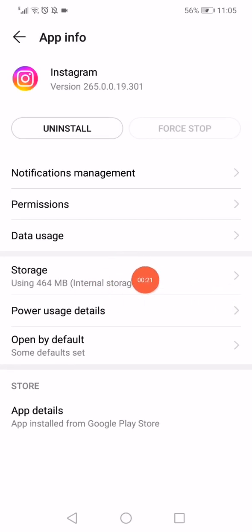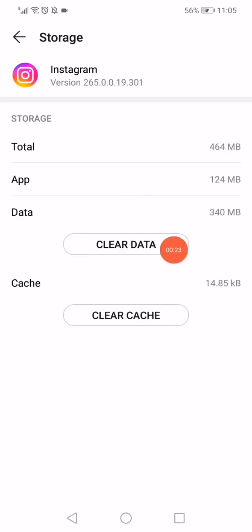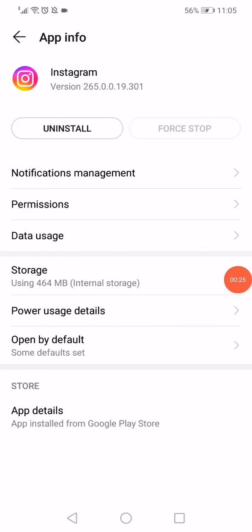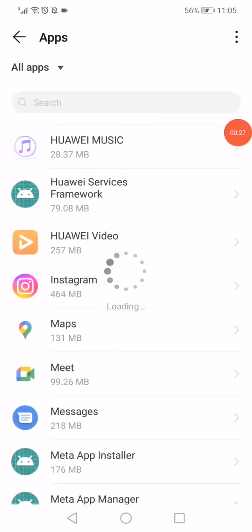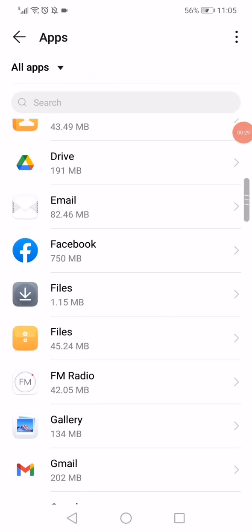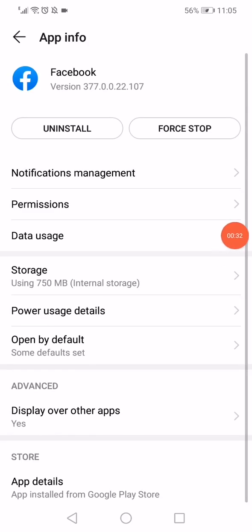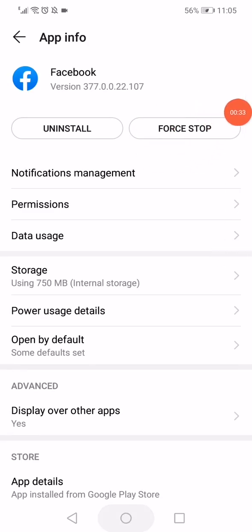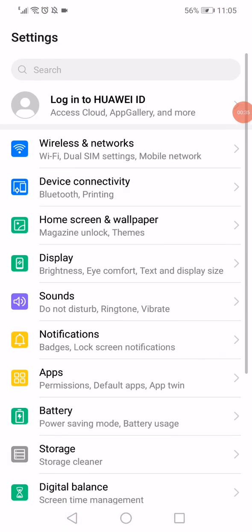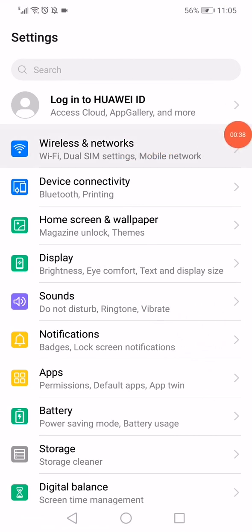Click on the internal storage, click on clear data and clear cache, and then click on force stop here and go back. Now go to the Facebook here in the apps manager and click on this force stop. That's the first way. The second way is you have to open the settings again, go to the wireless and